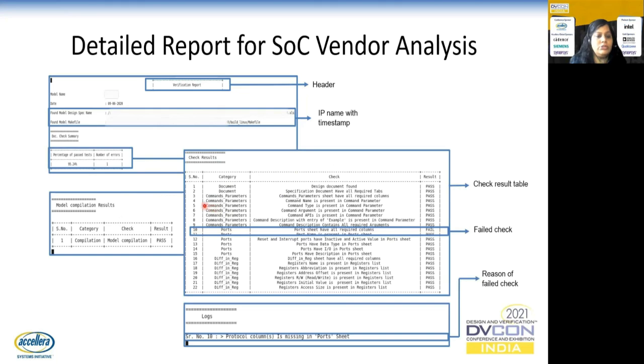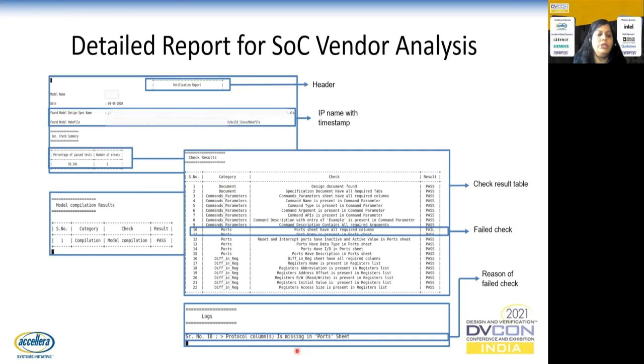In terms of quality metrics, you can see that this also comprises detailed checks. When we say that, say, a particular 95.24% of tests passed, what exactly did that mean? It takes into account the category: was it related to some command, some interface ports, or some specification? It details out each and every check and shows the status here in the result column. Now, since we see that there was one check which failed, it also highlights it here, and in the end you will see it also shows a reason why this particular check failed,